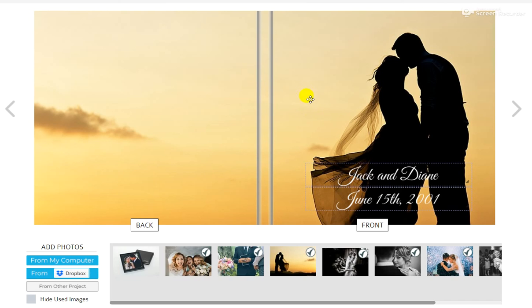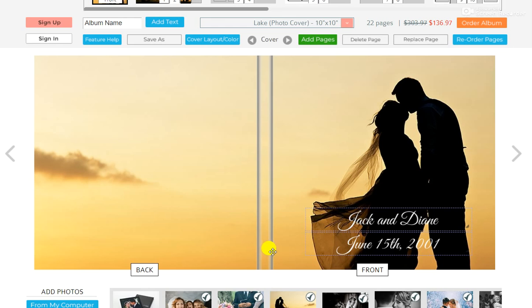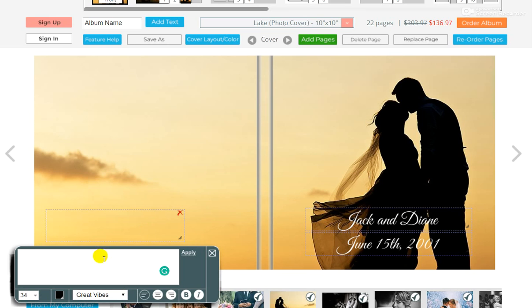And perhaps this is the look we want to go with. You can add text virtually anywhere on the layout. So, perhaps we want to add a small message to the back cover. Just hit the Add Text button again. You can locate this wherever you like. And here we'll bring up